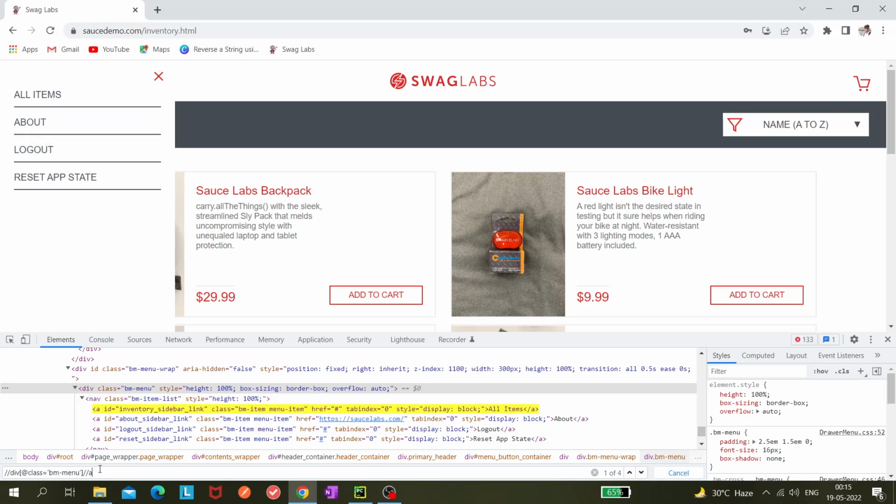So it's matching 1 of 4, and I need to get the logout.